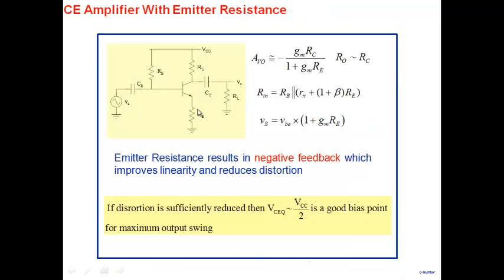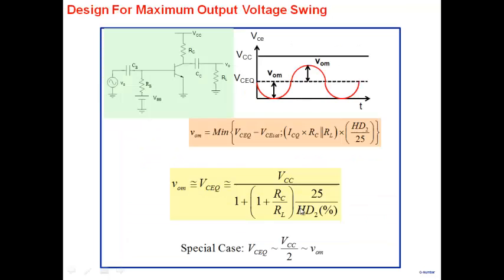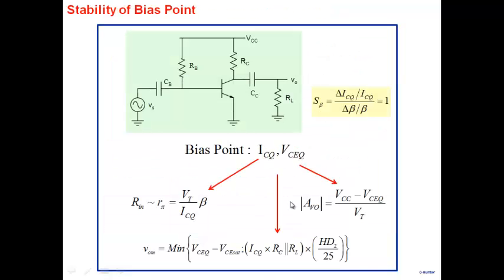But if you use a resistor here and you're able to reduce the distortion to a significant value, the distortion no longer becomes a very important limiting factor. And then this thing goes back and may make sense here, that you bias it in the middle. VCQ is VCC by 2. Because, remember, if distortion becomes negligible, this will go up to VCC by 2. All right, so after looking at all of that, our common emitter amplifier,